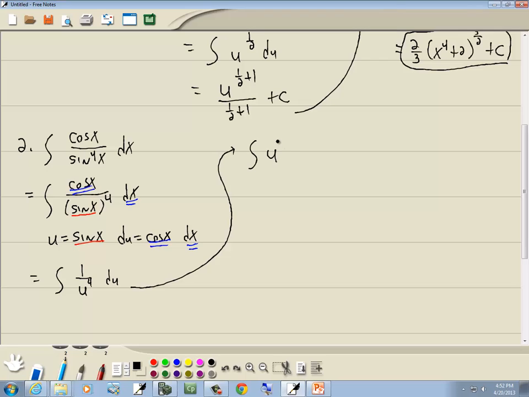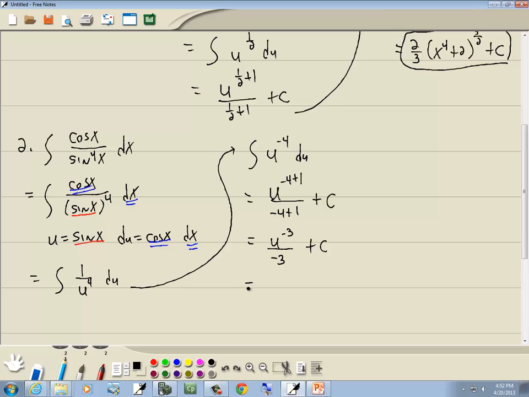Well, we can take the u to the fourth up on top. Becomes u to the negative 4 du. Add 1 to your power. So u to the negative 4 plus 1 over negative 4 plus 1. So add 1 to your power, divide by your new power, and then plus c. Well, negative 4 plus 1 is negative 3, so we got u to the negative 3 over negative 3 plus